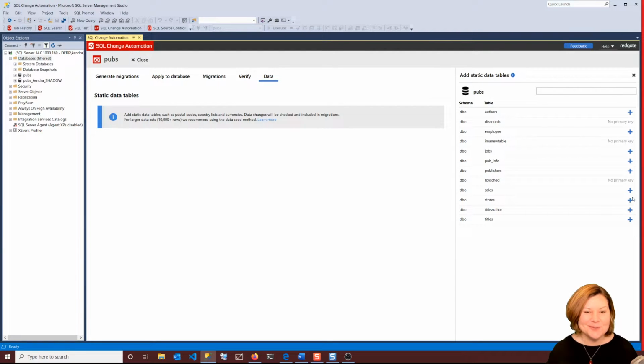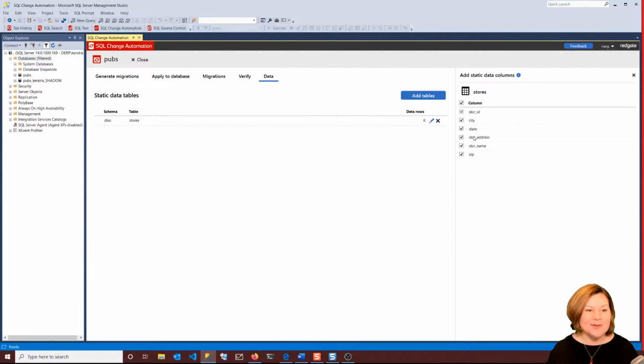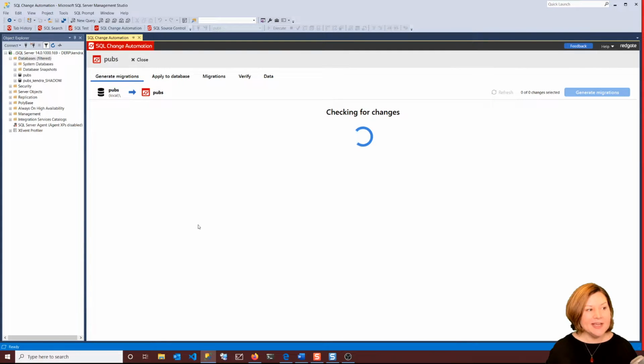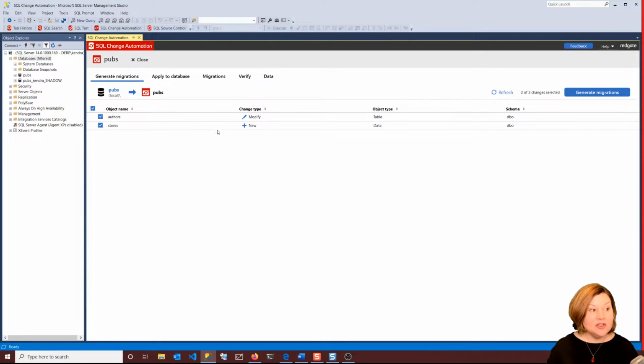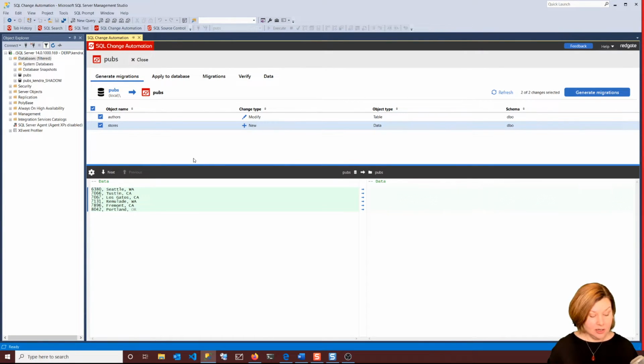We're going to go back to the stores table. We'll re-add it back and we'll select those columns there. So let's just do 2. Let's say we only want city and state on there. Now when I go into generating migrations, it is going to see, hey, you made a change where